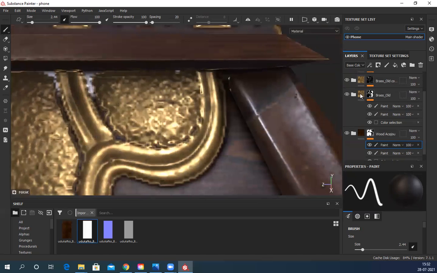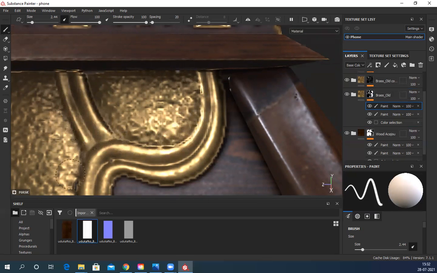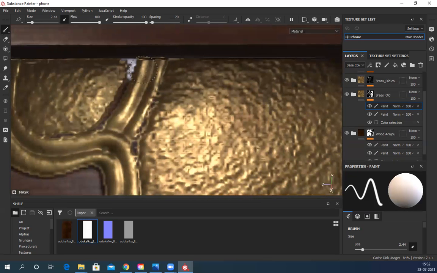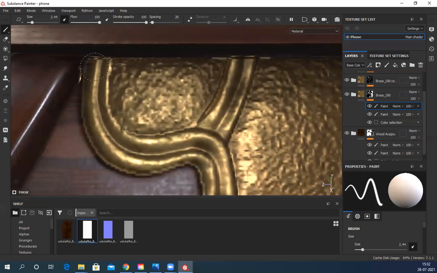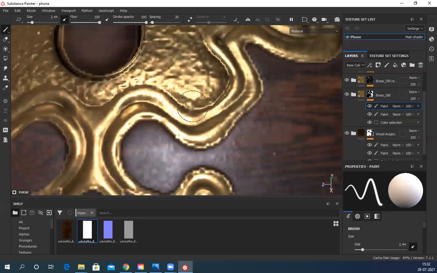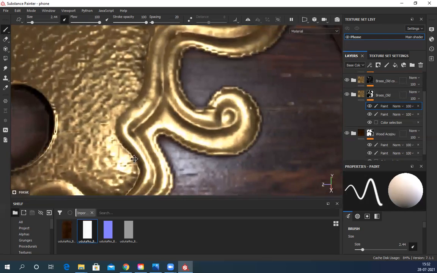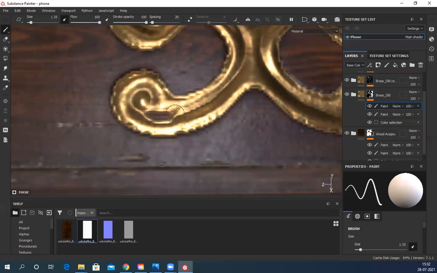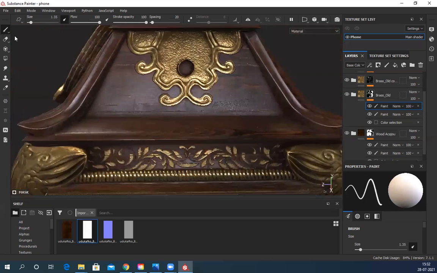In gold, this one. Select this paint, X. Now it's gone.